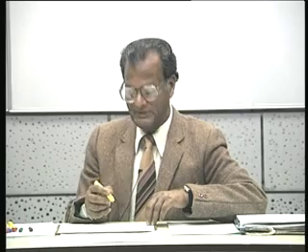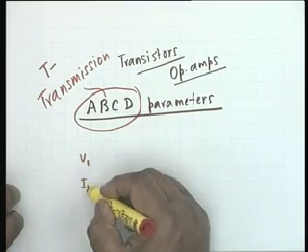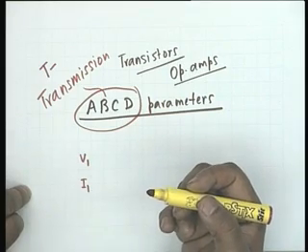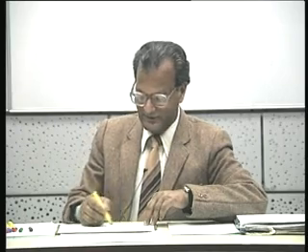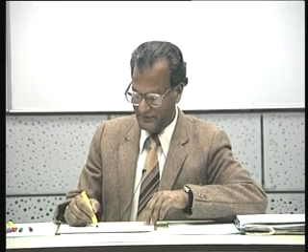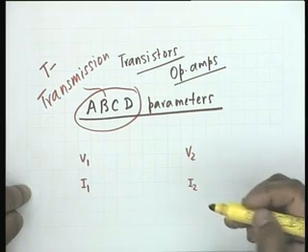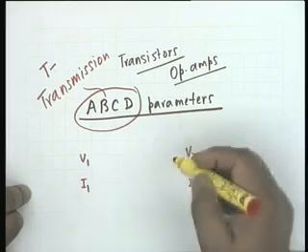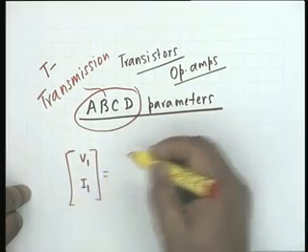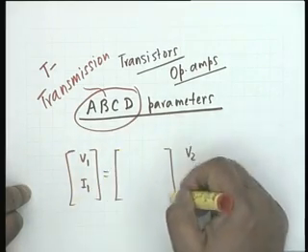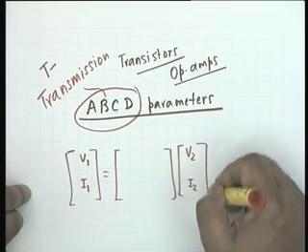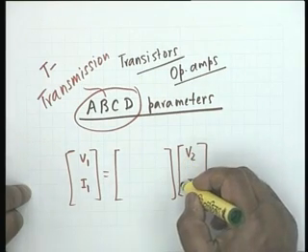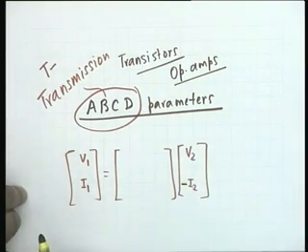And the relationship now is based on the input parameters V1 I1 being looked at as dependent parameters, and V2 I2 as the independent parameters. That is, in terms of matrix notation, I will come to the actual equations later, but in terms of matrix notation, there is a 2 by 2 matrix which relates to V2 and I2, and one thing that must be remembered is Lord Kelvin used a negative sign here, V2 minus I2.